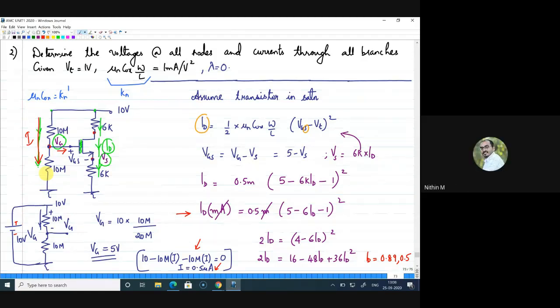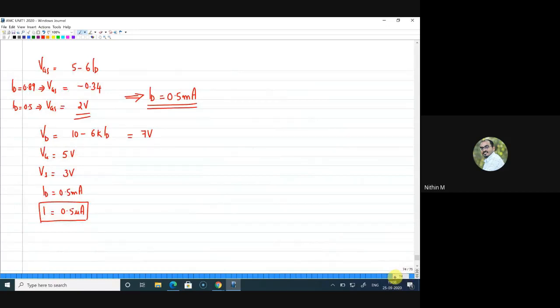Yes, Karthikeya, go ahead. So we make an assumption that the transistor is in saturation region, right? Yes. So where do we validate that the assumption is true? Oh yeah, I forgot. We have to do that. Initially I validated that the transistor is on: since your VGS is 2, which is more than VT, the transistor is on. Yes, Karthikeya, that is a good question.